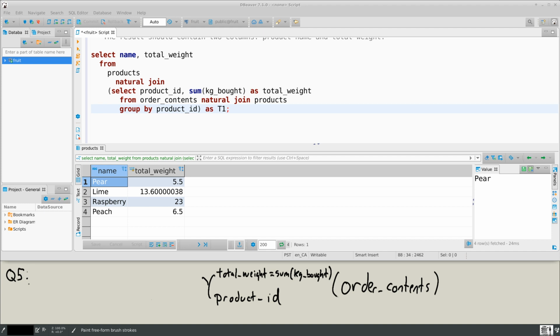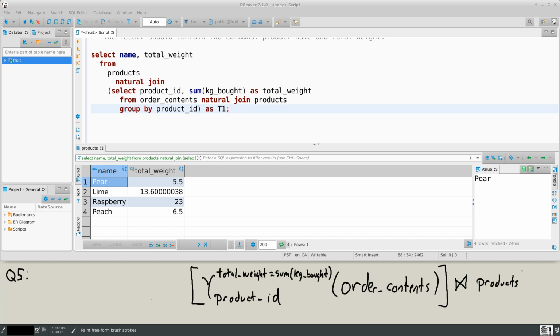So what I want to do is take the products table and join it to this thing, and then pull out of the result. I'm going to put the join over here just to save some space. So I take that entire thing, the whole gamma result, I join it to products, and then I'm not done,